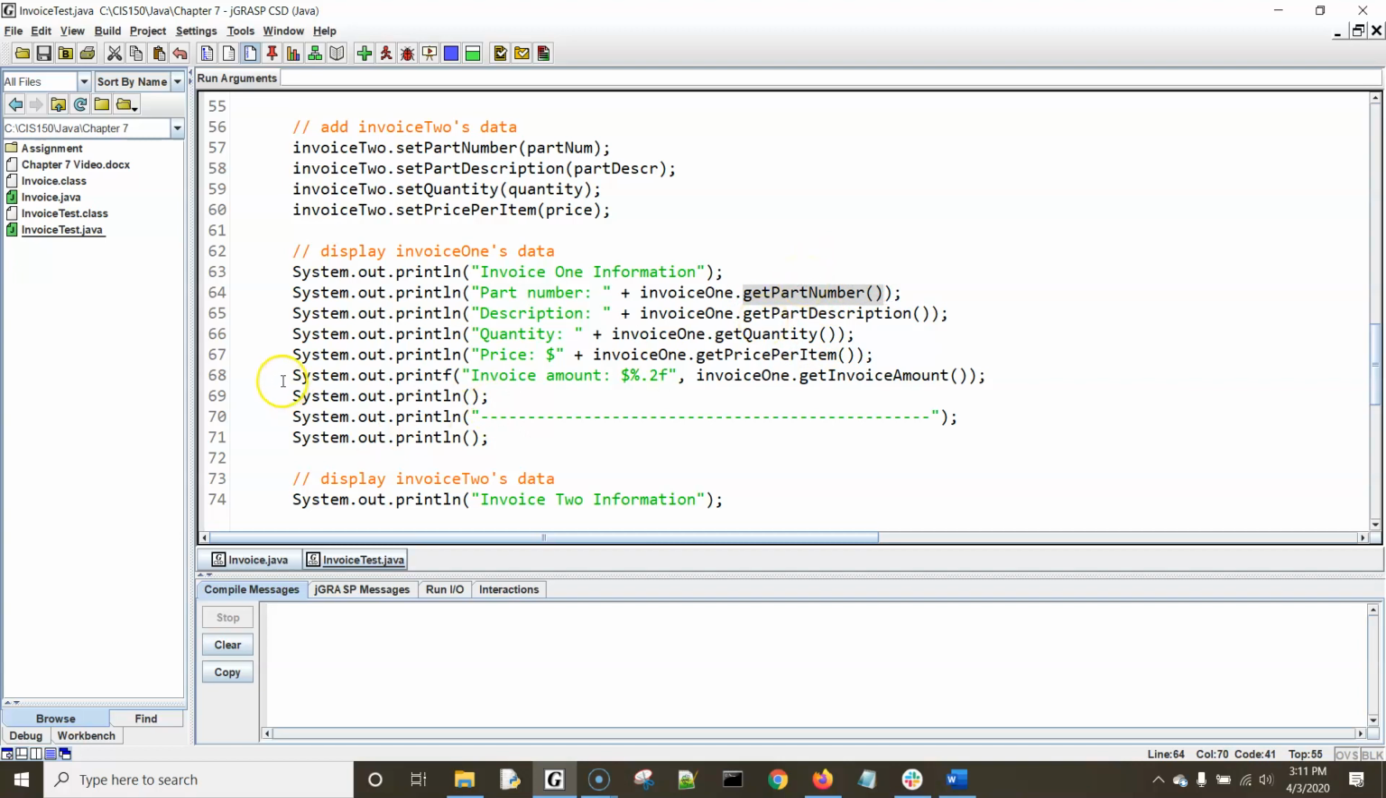And then on line 68, this is where we call our get invoice amount. And what we're going to be doing is formatting it with 2 places to the right of the decimal place with this format string. So if we look at our get invoice amount in our